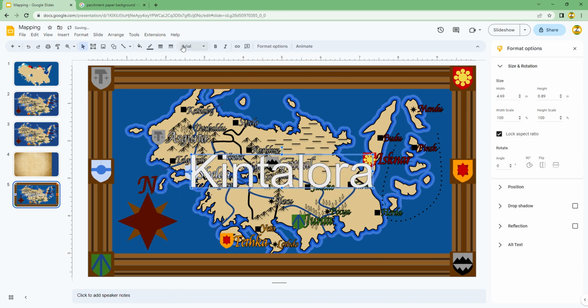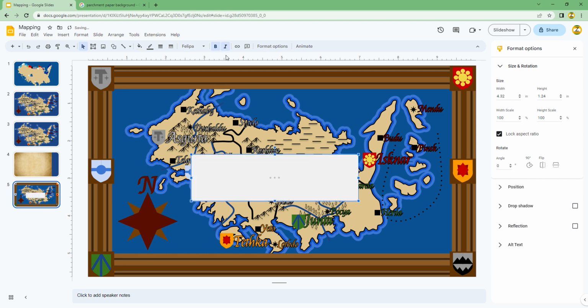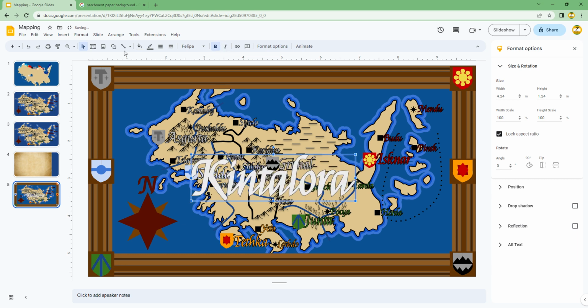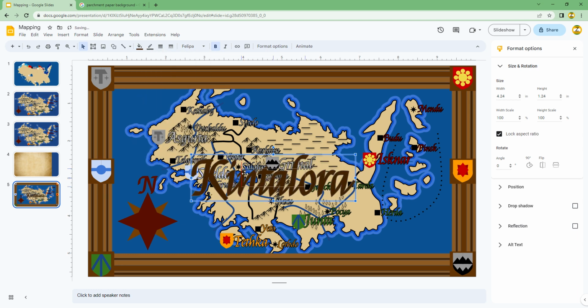Just gonna scale it down, make it my fancy Philippa font, bold it, barely changes to italics. Make it like that darkest brown color, scale it down a bit, or a lot, put it there, scale it so just where it's on the edges, and you can leave it like that, but